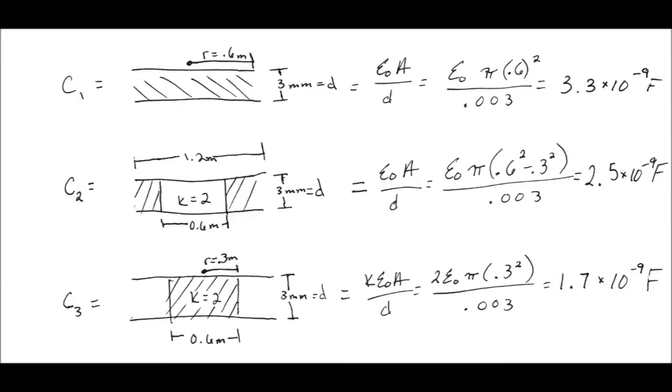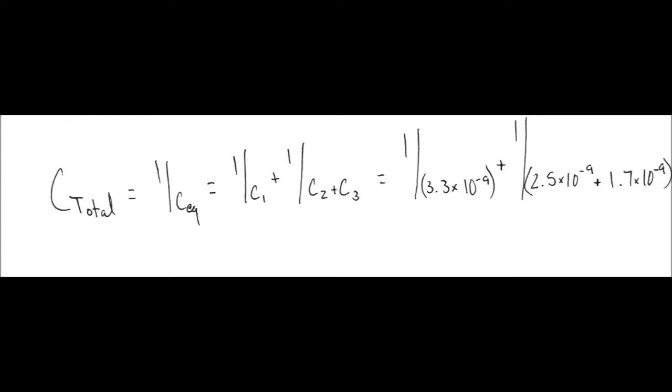And then for the third capacitor, this is just a dielectric. We can just consider the radius of the dielectric itself for the equation, but we do have to multiply by the dielectric constant, which is 2, and that's what yields a result of 1.7 times 10 to the negative 9 farads. And we can go ahead and add capacitors 2 and 3 together in parallel, as they do have